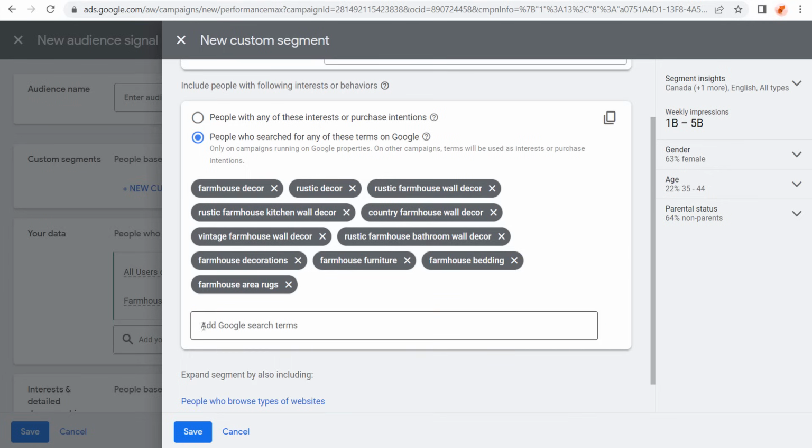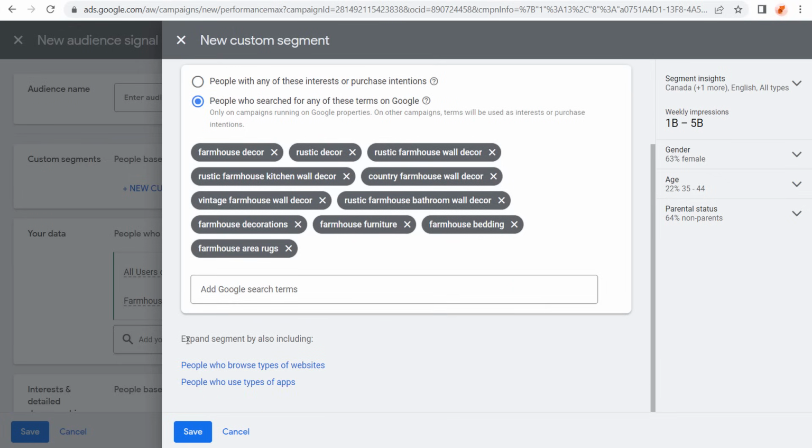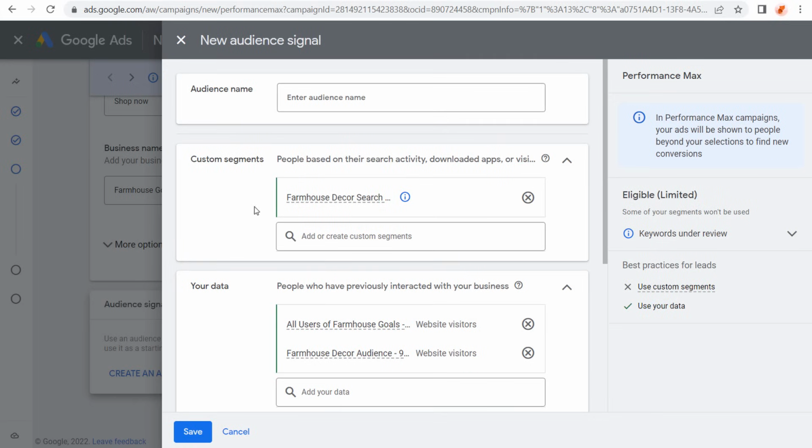Sometimes what I'll do is I will just enter my SEO keyword list, copy all the search terms and just paste them here. You can do that by creating a file in Microsoft Excel or Google Sheets, putting all your keyword lists there, copy it and just paste it, and it will enter all of them just like this. So you can also expand this segment by including people who browse types of websites or people who use types of apps. So what we're going to do is we're going to click on save,